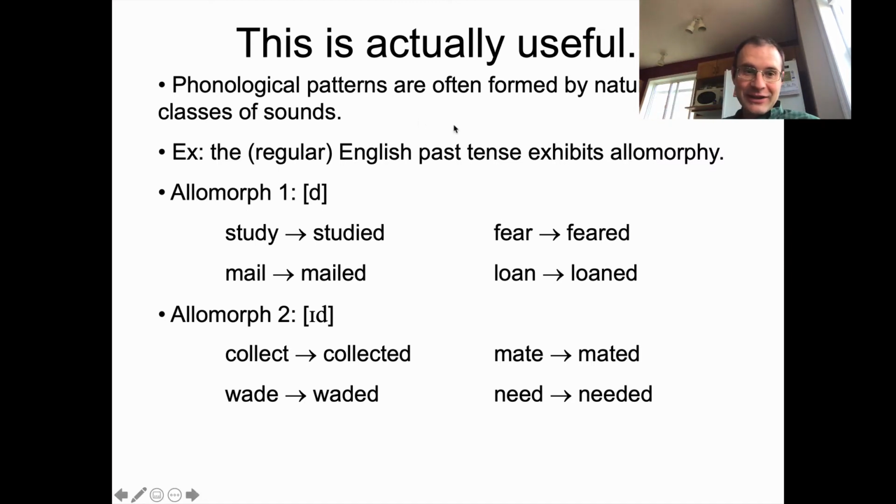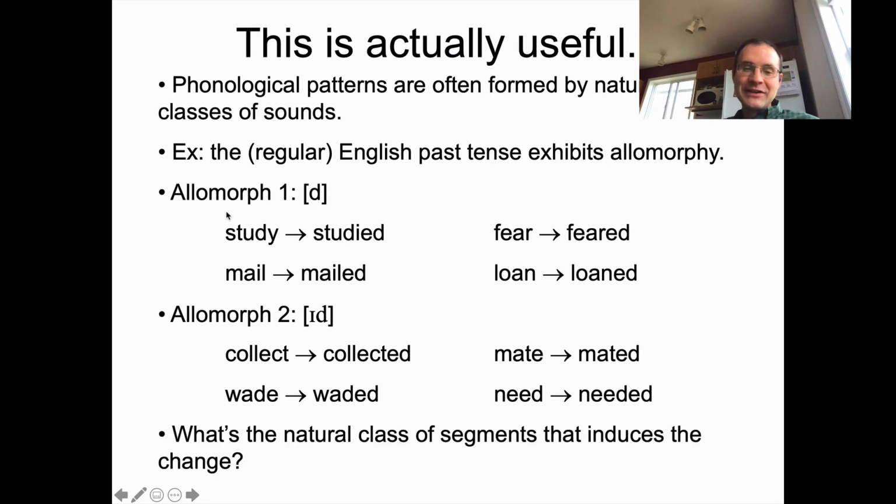You should think about this in terms of natural classes. Hopefully I framed that obviously enough for you. But there's a natural class of sounds which you find at the end of the verbs here in set number 2, which distinguish these root morphemes from all of the other verbs in the other set. And what's going on here basically is that each one of these ends in an alveolar stop, either T or